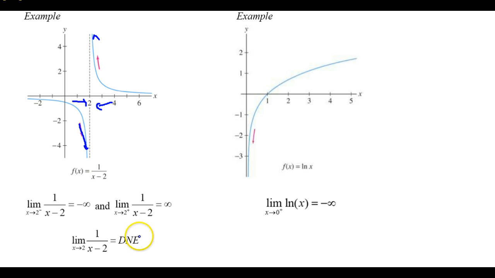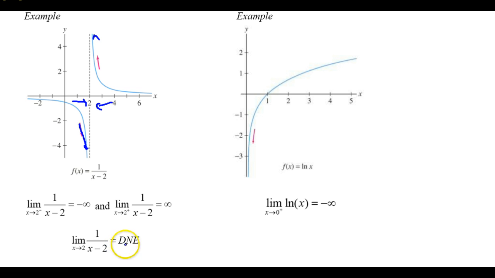Now this is kind of a tricky concept because the limit from the left was negative infinity. Negative infinity is also not a number, so the limit from the left does not exist either. The limit from the right was positive infinity, and the limit from the right did not exist, but we wrote infinity. So here we actually write does not exist because as I approach from both sides, I'm not going toward the same infinity like in the last example. So here the limit from the left doesn't exist, but goes towards negative infinity. The limit from the right doesn't exist, but the y values go towards positive infinity. And then as I approach from both sides, they're not going to the same infinity, so I just have to